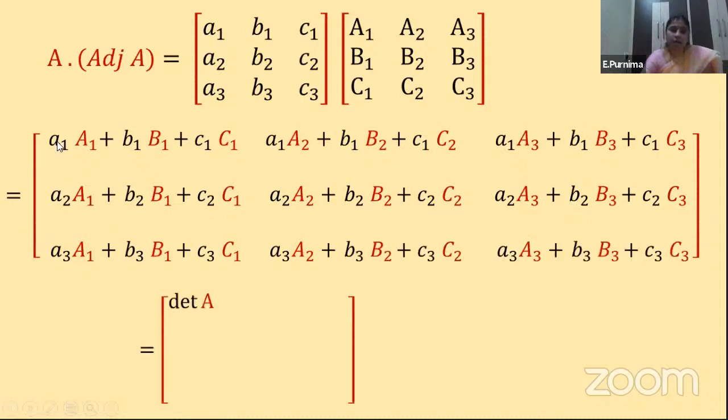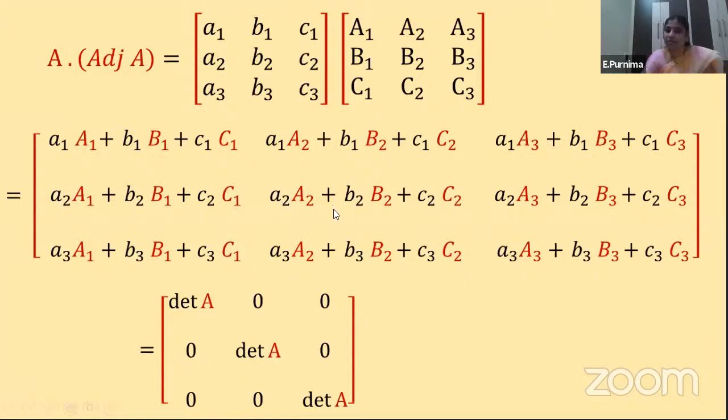Now we know that A1 plus B1 plus C1, each multiplied with its own cofactor, is nothing but our determinant of A. Just now I explained it. Okay, next, and what is this? An element is multiplied with the corresponding cofactor of another row: A1 into A2 plus B1 into B2 plus C1 into C2. Just now we have discussed one property. So the sum of these products is nothing but 0. Here also, elements of the first row are multiplied with the corresponding cofactors of the third row elements. So it is 0. Similarly, here also we get 0.